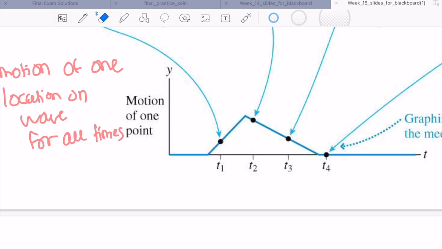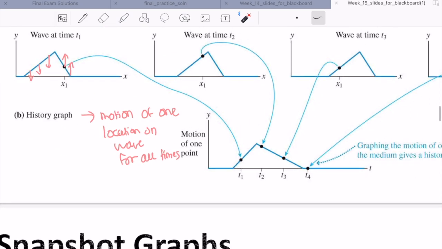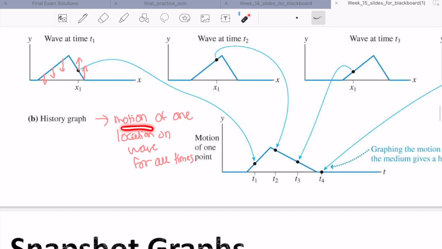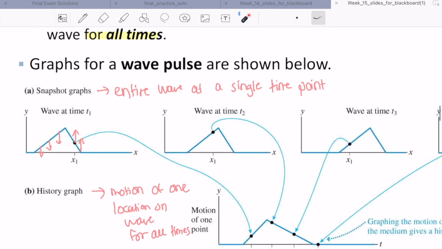Oh, it just moves up and down, right? It just moves up and down. That's all. So a history graph will show you the motion of one specific location on a wave for all the time periods. A snapshot graph will show you an entire wave, how it propagates and how it disturbs a specific point